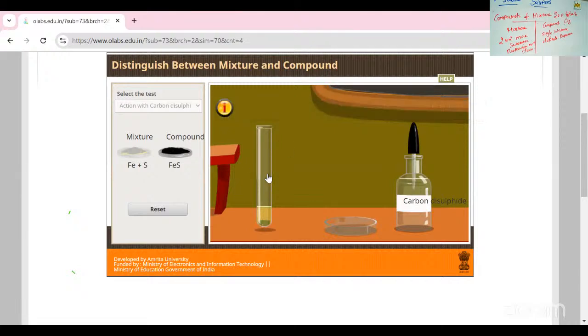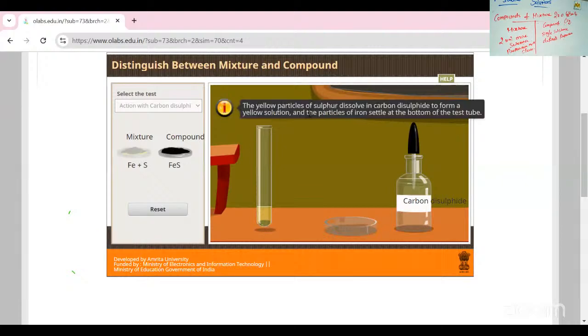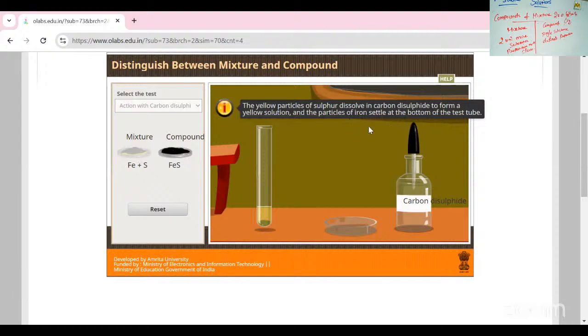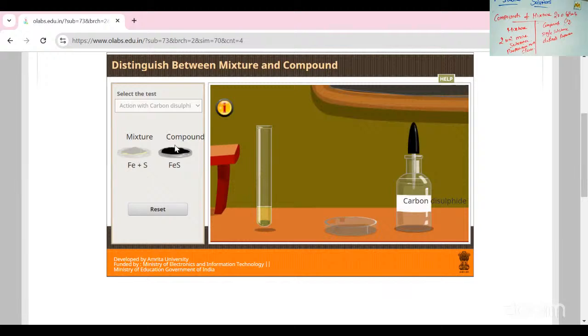Before stirring, look at that test tube, there is no change in the test tube. After the stirring, the iron particles settle down. So the yellow sulfur particles are completely dissolved in carbon disulfide to form a yellow solution. The particles of iron settle at the bottom of the test tube. In the compound,